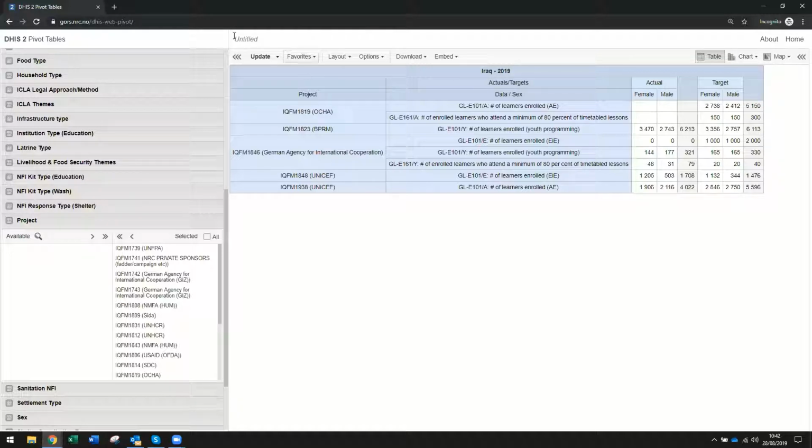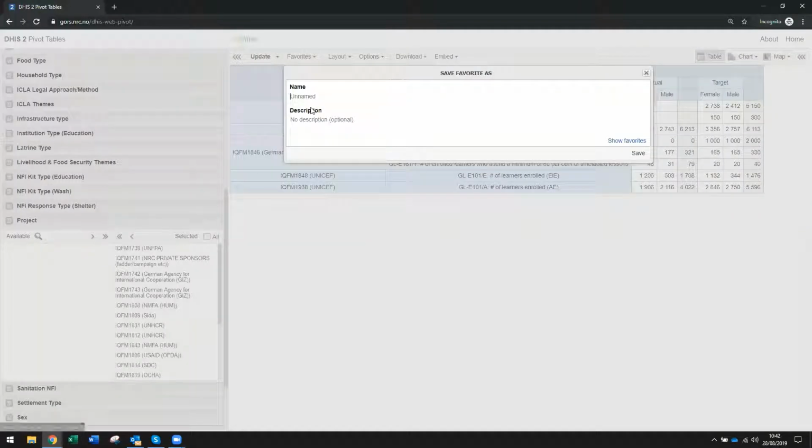Then I will save, because this one was not saved, on title, favorite, save. You use a save as when you modify a table. You use a save when you are creating. So IQ